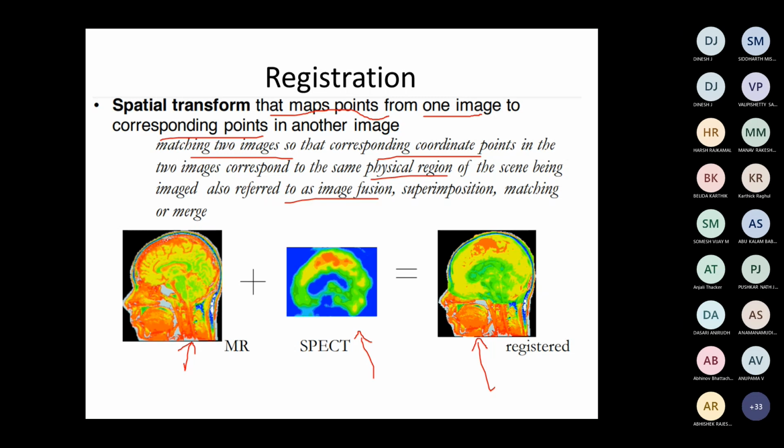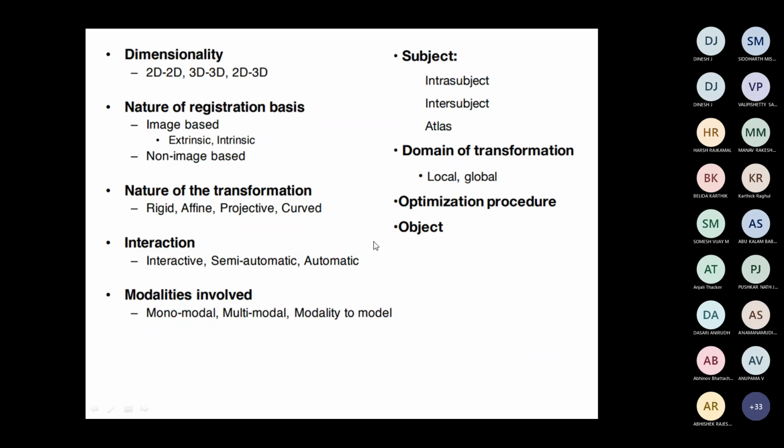Now this is the skull image. Here some one point is there, and we inspect where it is located and the corresponding transformation, where it has been transformed. What is the transformation that we need to identify? So that is the registration process.